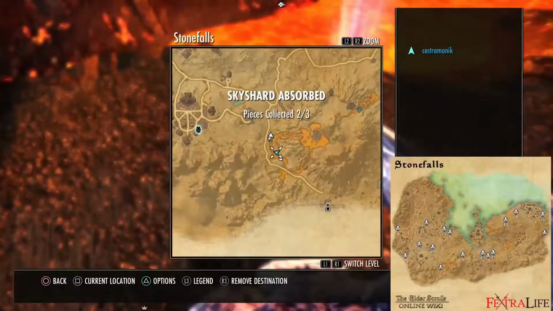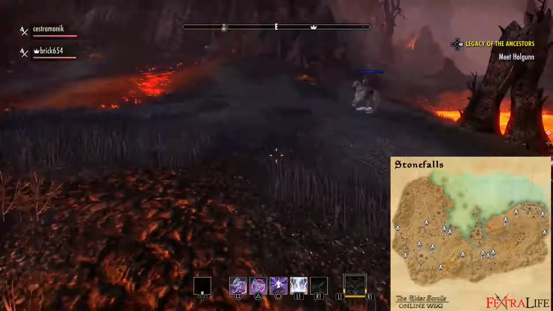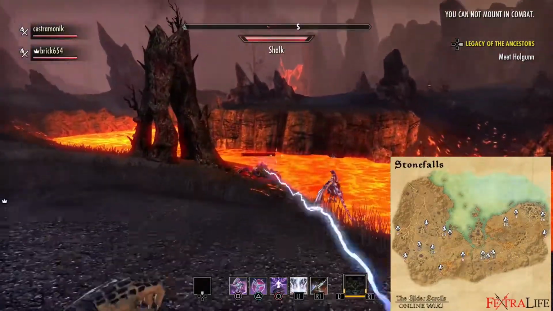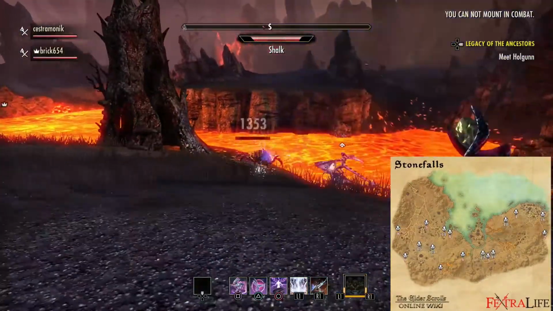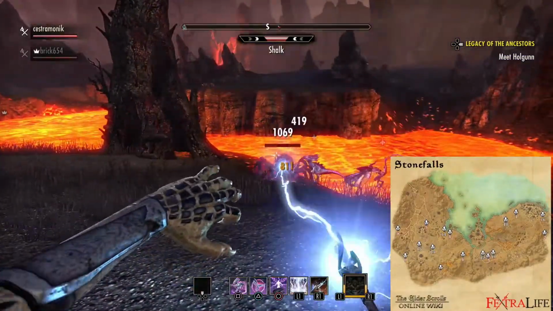But come on, let's bring up the map. There you go. So yeah, there's a little campfire thing that you can run into there, and it's bang on there, in the middle of the lava zone. Then once we're done fighting...